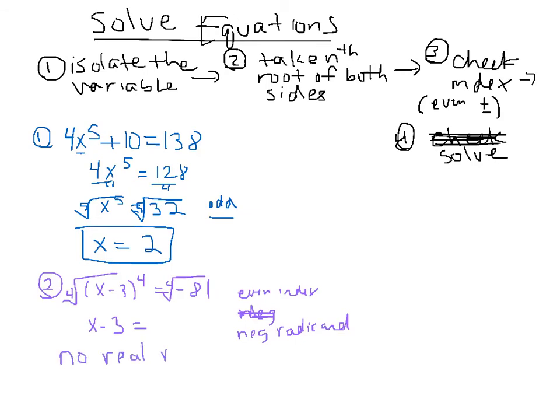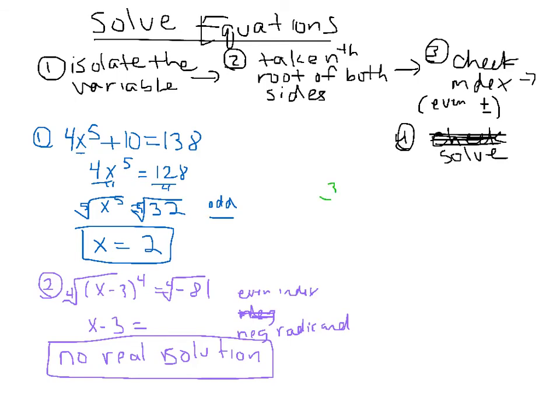You need to write no real solution. There is an imaginary solution. There's just no real solution. So you need to make sure you include the word real in there because we can't take the 4th root of negative 81. The third example I want to walk you through